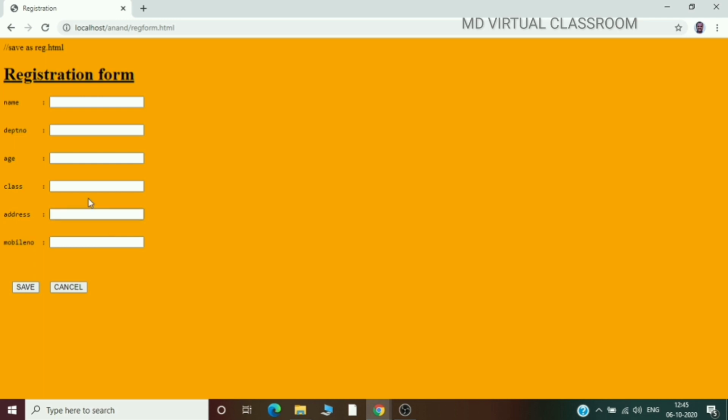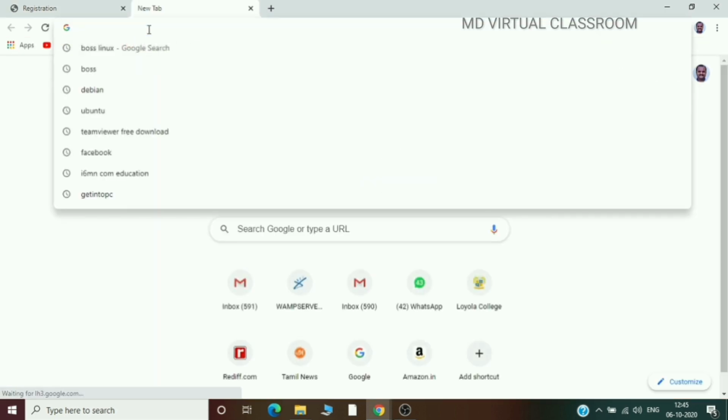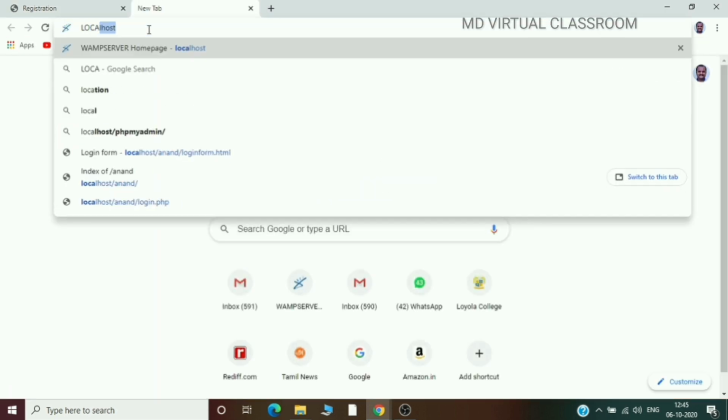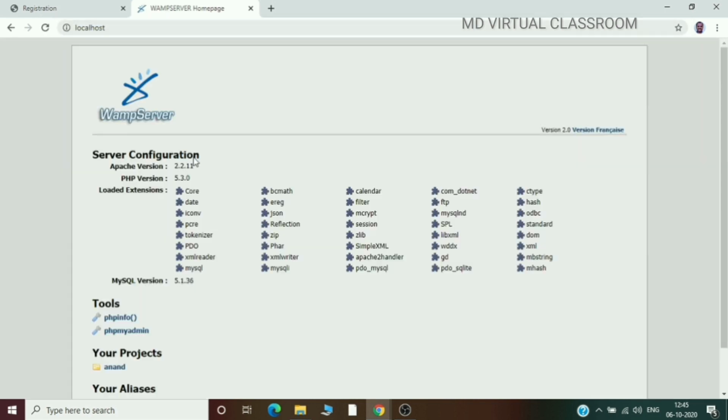Now for this registration form I have to create the table in my MySQL. For that, open another tab, go to localhost, go to phpMyAdmin. phpMyAdmin is the option which is used to work with your MySQL database.